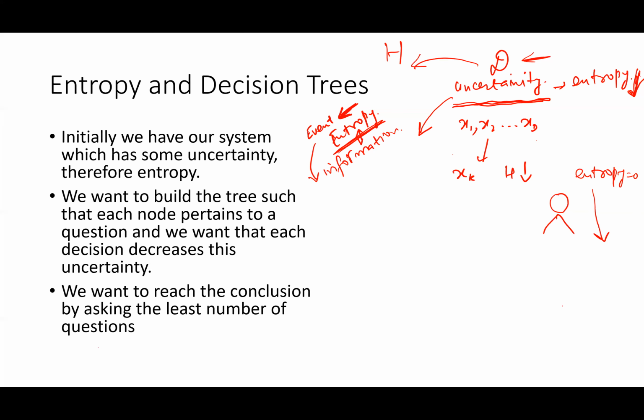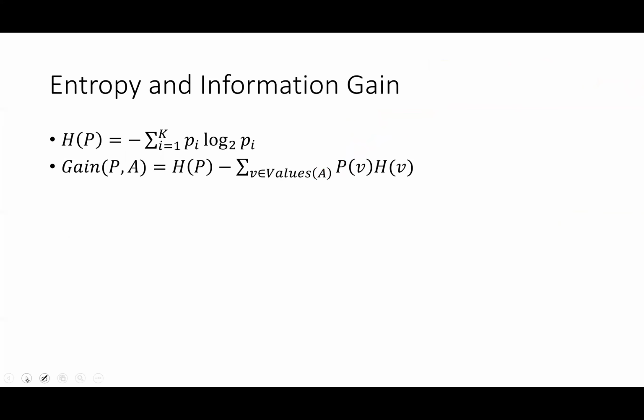Fine. So now let us go and try to formalize these concepts. Now, if we have a random variable, let us say we have a random variable x, and it takes on values, let us say 1, 2, 3, and 4. Let us say it takes 4 values. And let us say this has a probability of, let's take the original example of A, B, C, and D.